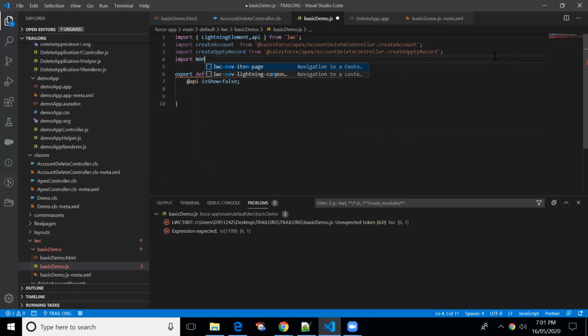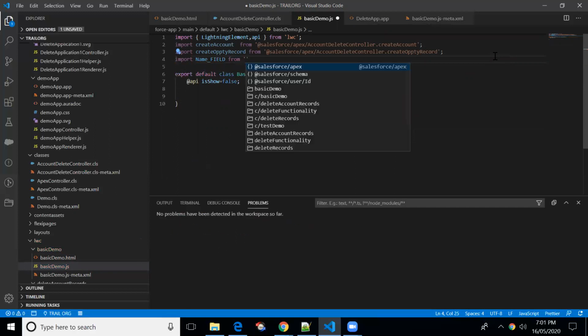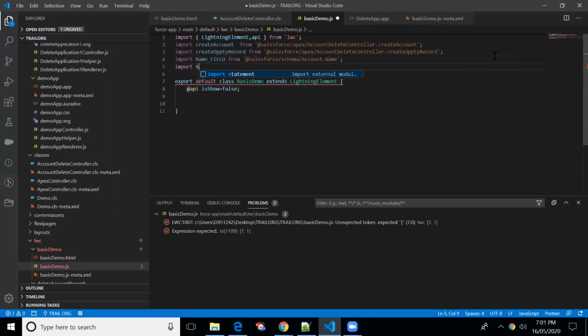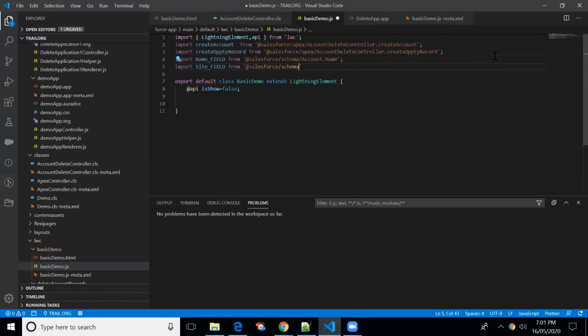Import the name field from Salesforce schema, account dot name. This is related to account. I'll import the site field as well, from Salesforce schema, account dot site.